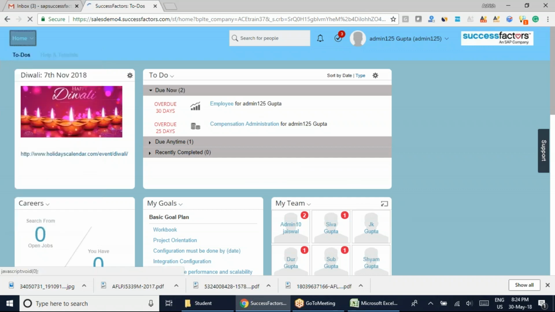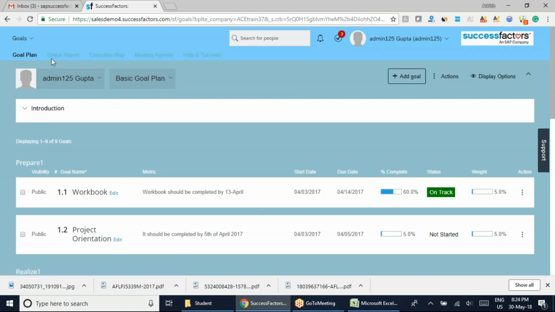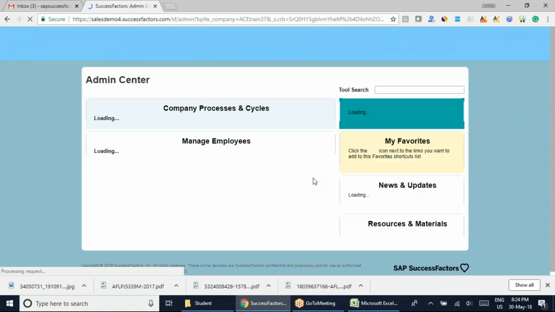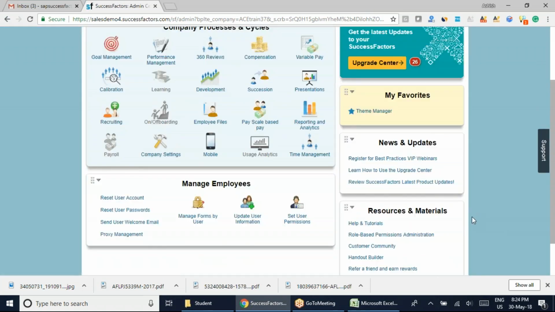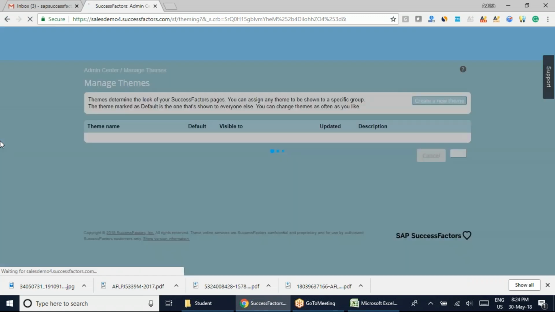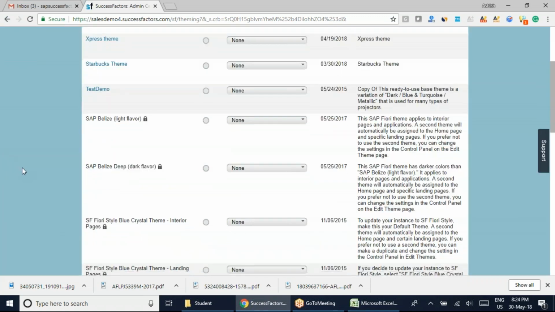So let's see that here if we come into the gold section. No, I think even that's completely different. I don't know where it has gone, and which landing page they are actually referring to. So here, if we come into this section, we have it here as a theme manager, and in your theme manager that we have here, we can actually